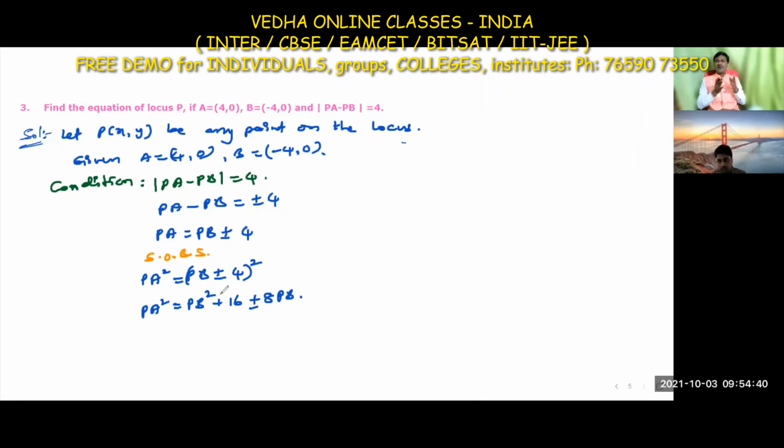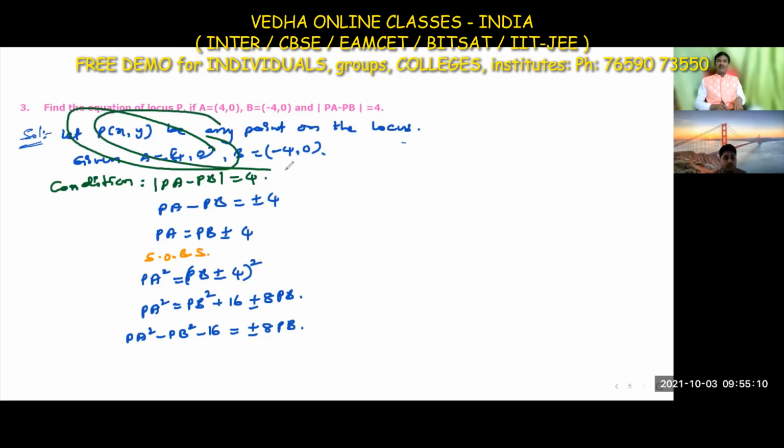Whatever we have as squares, to make the simplification part a little bit easy, take the two terms to the left side: PA square minus PB square minus 16 is equal to plus or minus 8 PB. There is no square for this, so I am keeping it on the right side as it is. Now apply the distance formula here. First I am writing PA, and then we apply it for PB. So PA is the square root of (x minus 4)...